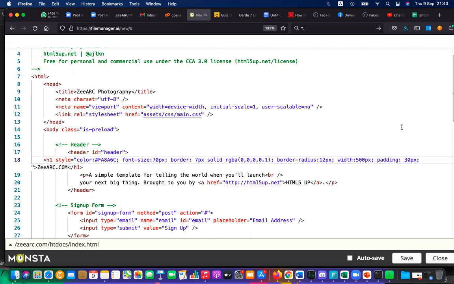You can add your unique styles. Color is adding the font color. Font size is changing the font size. Border will add the border. RGBA, red, green, blue, and alpha. Alpha means a transparency level. You can give colors in this mode also. Rather than giving colors in hexadecimal, you can give red, green, blue, alpha. Then the border radius means the curveness